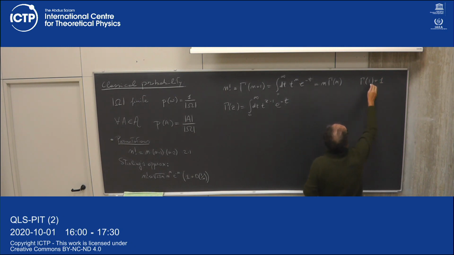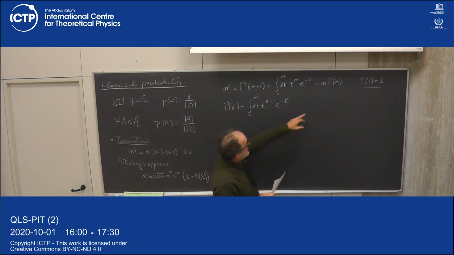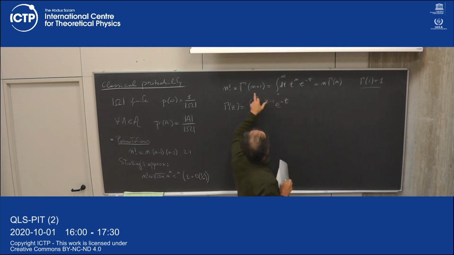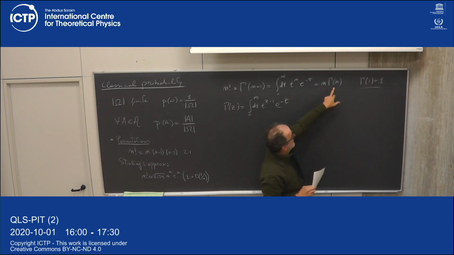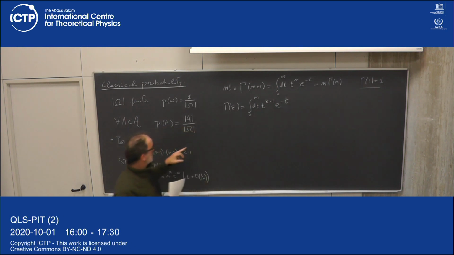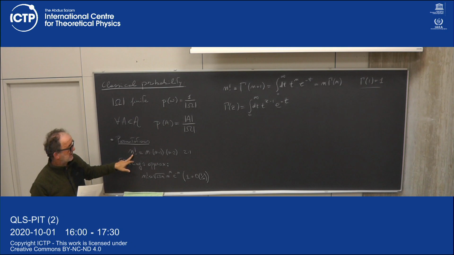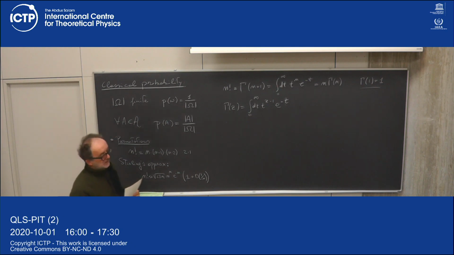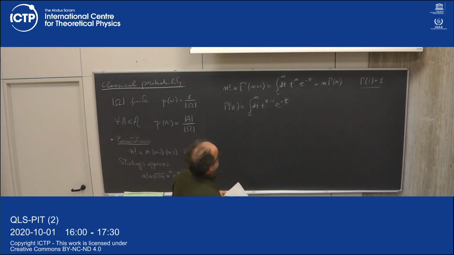Okay, so if you start from this equation and then iterate this relation that gamma of n plus 1 is n times gamma of n, then you immediately see that you get n factorial when you get to gamma of n plus 1. Okay, so how can we approximate